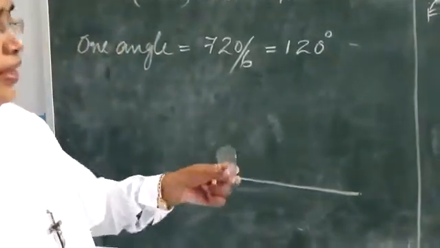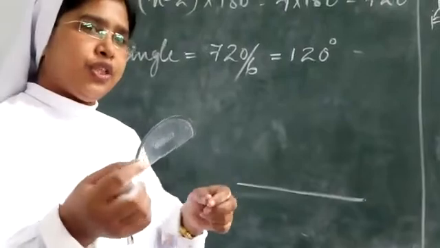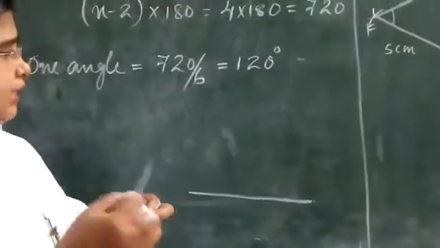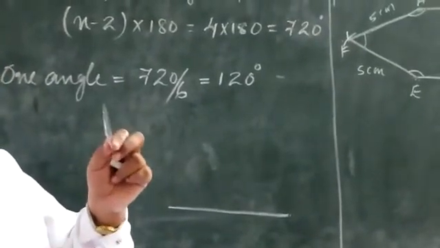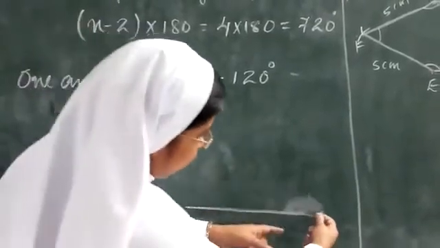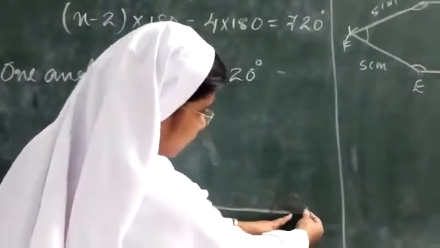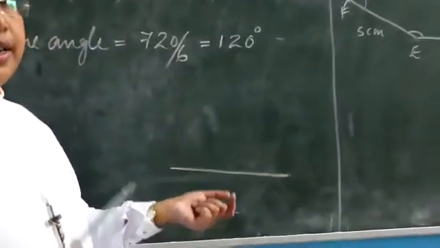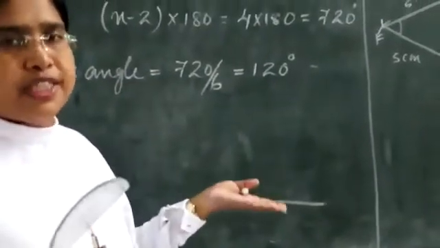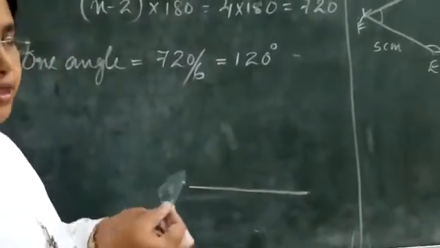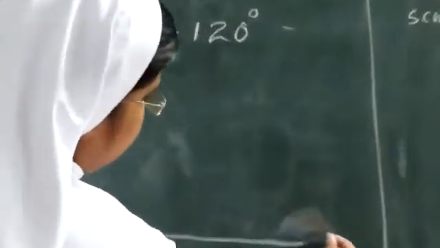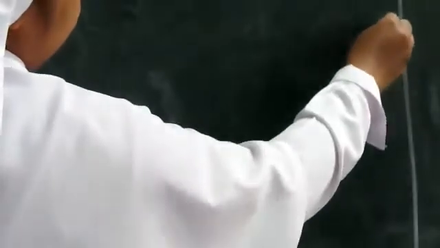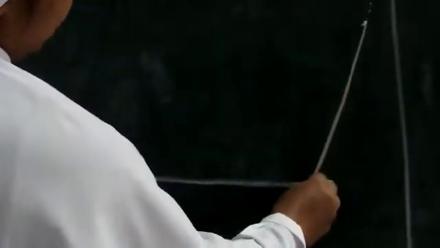Then what do you have to do? You have to use your protractor. Take 120 degrees. Keep the protractor at the point here. Studying in the first chapter, you know how to use protractor, compass and so on. You are studying in smaller classes onwards. So take 120 from here. It will be more or less this size. Then draw a line.